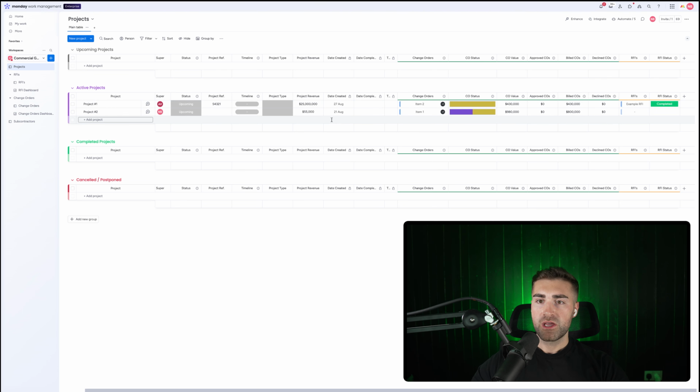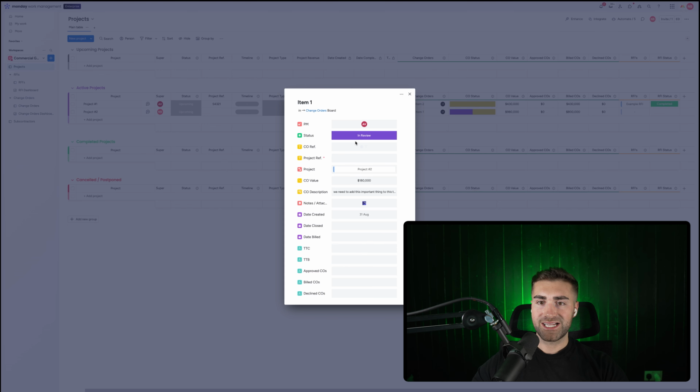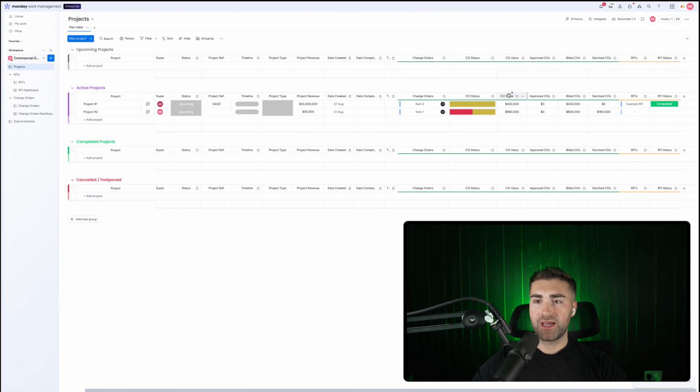So if I go to this particular change order and change the status of this to declined, you will see here that we've had 980,000 of total change order value, but we had 180,000 decline. So I can easily see what's going on. And then also if we've got approved but not billed, we'd be able to see the outstanding balance for our change orders for that particular project, just at a glance here, making managing change orders so much easier,